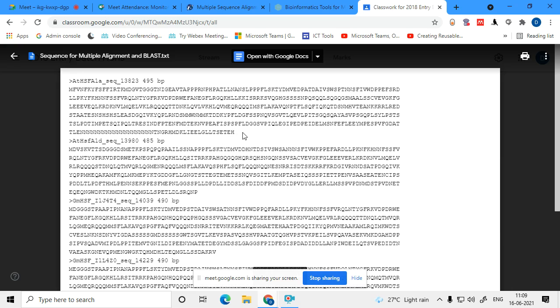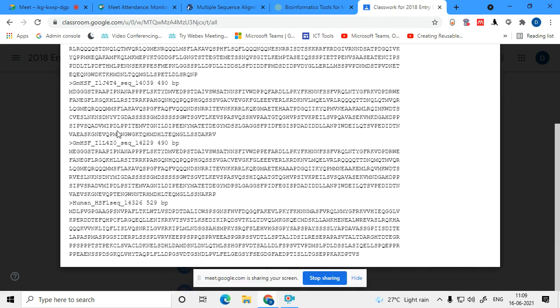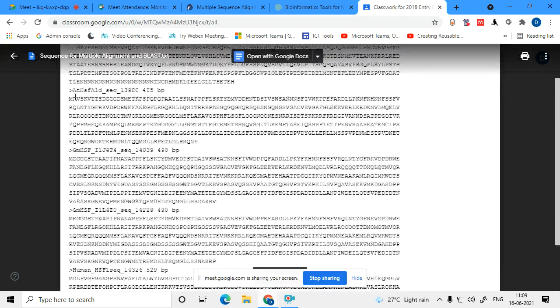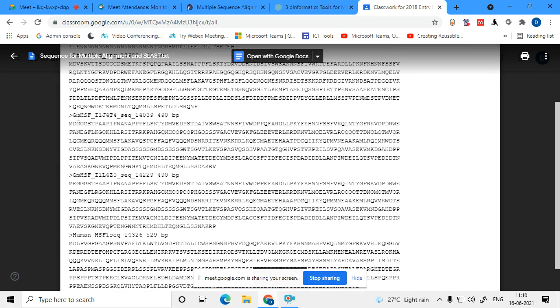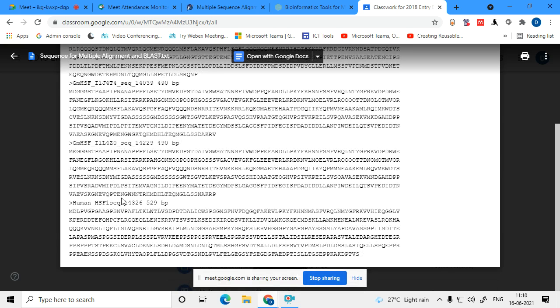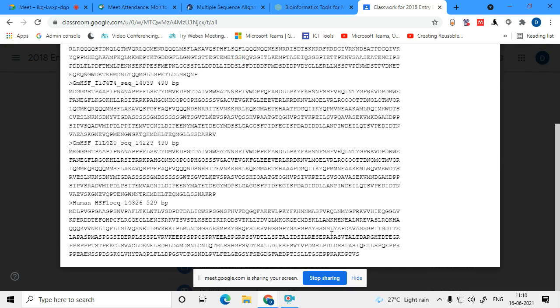I had also retrieved the sequence of Arabidopsis heat stress transcription factor A1D, the sequence of a Glycine max, or soybean, heat stress transcription factor, this one, and another Glycine max HSF, this particular sequence, and the human HSF1 sequence. I have retrieved all the protein sequences.